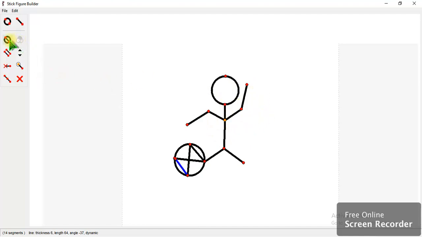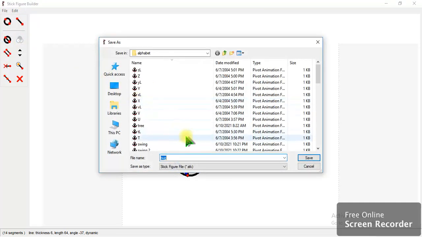Actually this is for color filling. Suppose we are taking a circle, if you click this, it will be colored. No need for that, you just do it with circles and these straight lines. But the thing is, see, it should be attached with all these dots. Now I am going to save this. I have done so many pictures like this and I have saved them.